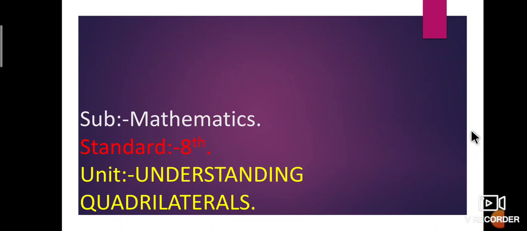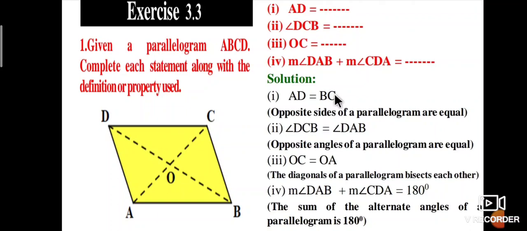Dear students, in the previous class we discussed linear equations in one variable, and also playing with numbers, and we discussed some of the problems related to that. Okay, now in this unit, Understanding Quadrilaterals, we are able to know some concepts. Those are: what is a kite, what is a parallelogram, what is a square, what are the properties of a parallelogram, what are quadrilaterals. Today we are discussing the problems based on parallelograms.